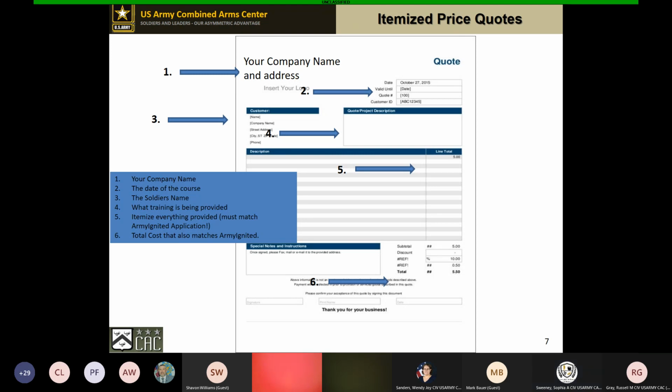Eventually, when it's built in the system to where you can upload your own certificates of completion, you'll be able to do it on your own without having to provide that. But until that time, we ask that you create separate certificates of completion and then CC us. And then Annette. You see the last one?